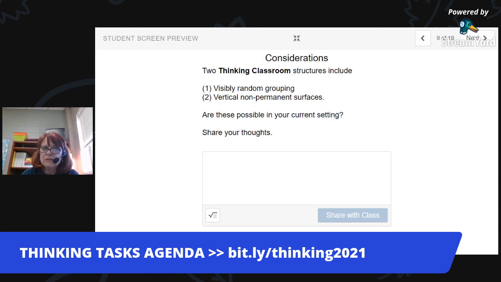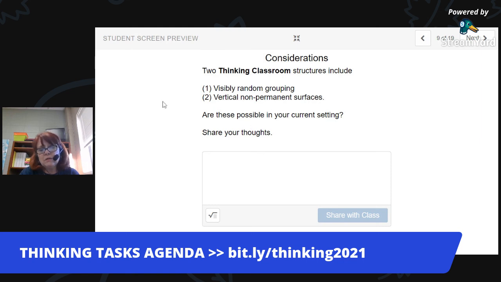So the second question is, if you can't do it, what could you do as a replacement? What are things we could do that may not be perfect, but would get our kids closer to that thinking classroom model? And one thing I think about is Jamboard. Jamboard is a non-permanent surface. It is a whiteboard, so kids can represent their thinking. They could draw. They could even draw on paper or these mini whiteboards, which I'm probably going to go get one and show you in a minute. But you could draw on that, and then you could